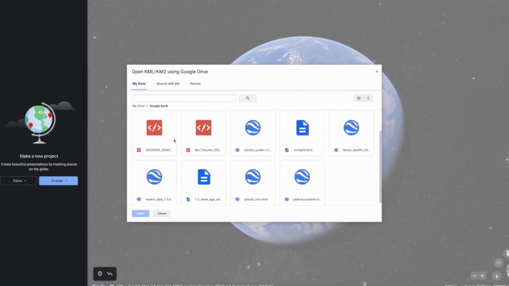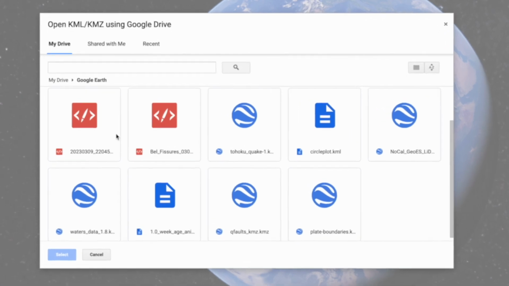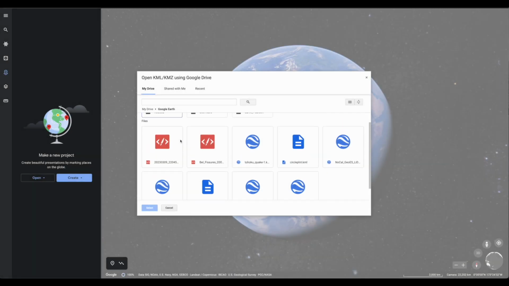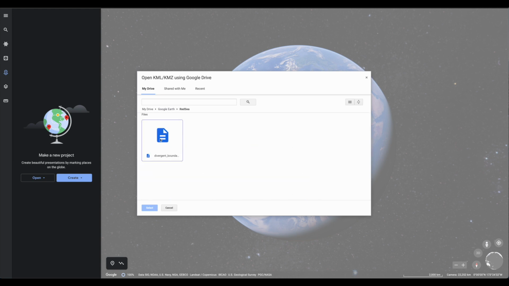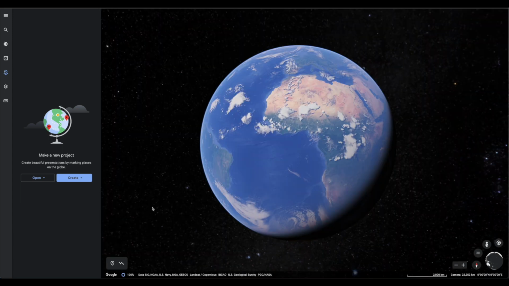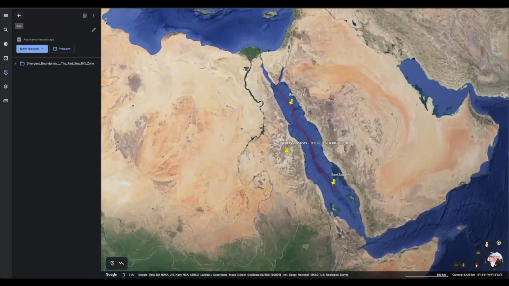So I'm going to click import, and I'm going to look for Google Earth. Okay, so I've gone ahead and looked for Google Earth, and you can see that I've got a bunch of files in here. You'll notice I've got one that's titled Red Sea. I'm going to click on that. This is a divergent boundary KML, and this is what we're going to bring in here in this case. I'm going to select that. It's going to go ahead and think away, and then it's going to plot this location